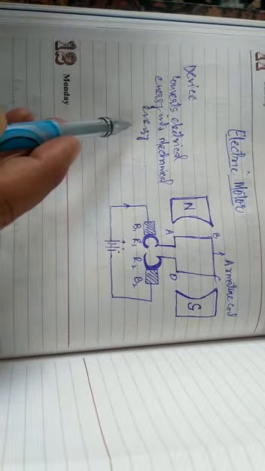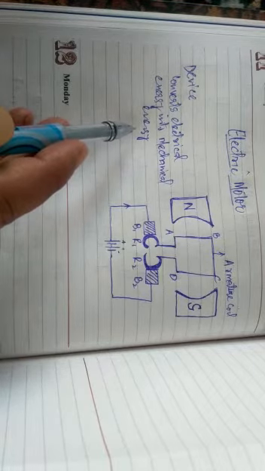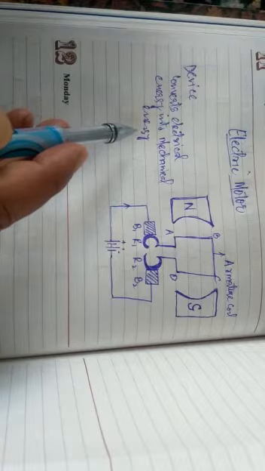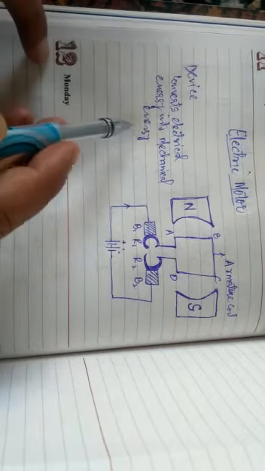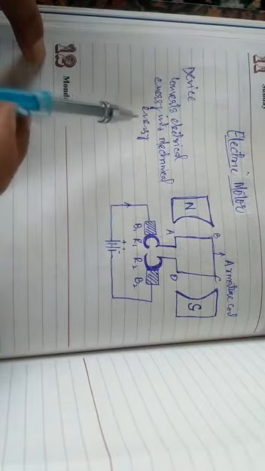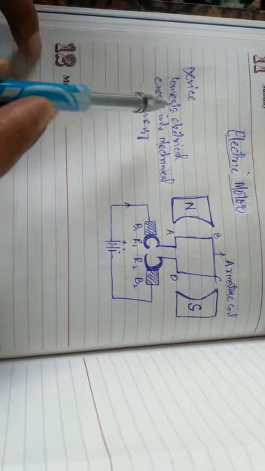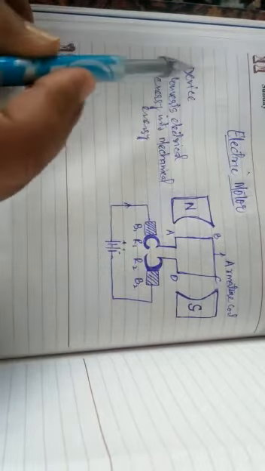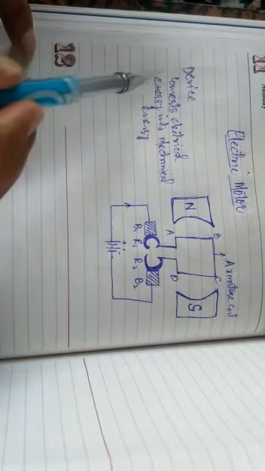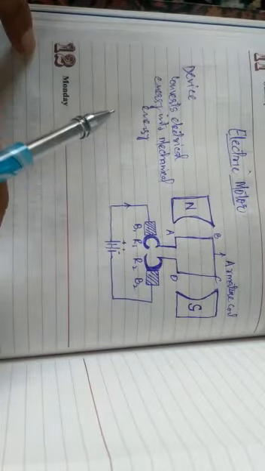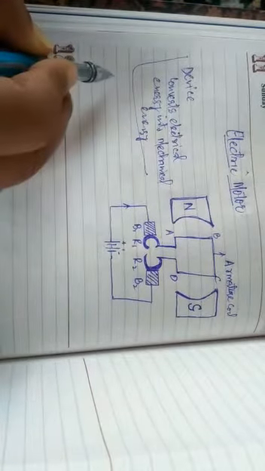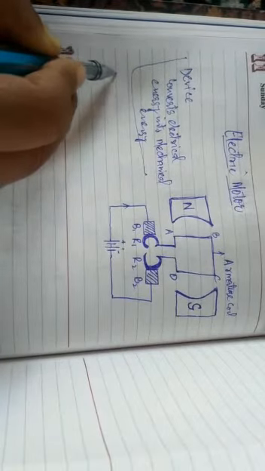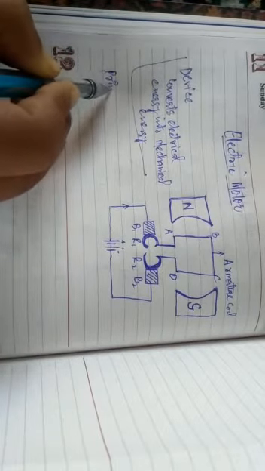It is used in so many devices, like the electrical fan, refrigerators, drills, and so many instruments. And actually, we are dealing here with the DC electric motor. Now this electric motor, as it works, must have some principle. So it is a device which converts electrical energy into mechanical energy. And secondly, we should be aware of its principle.